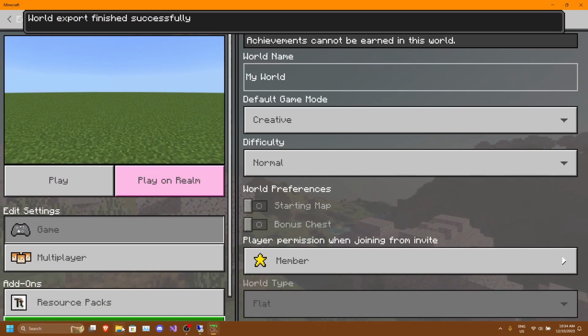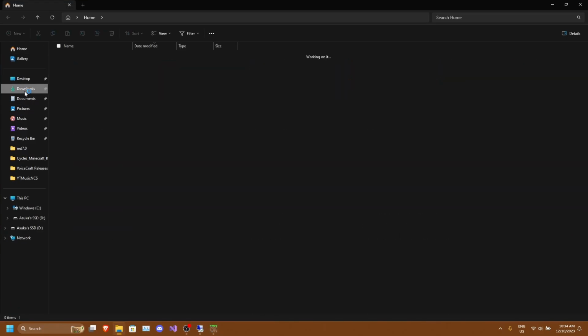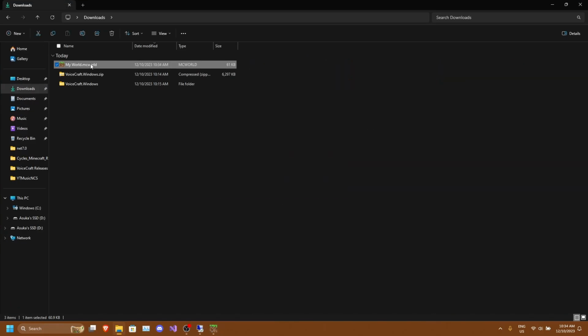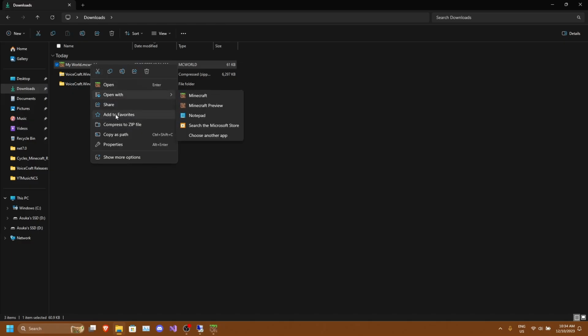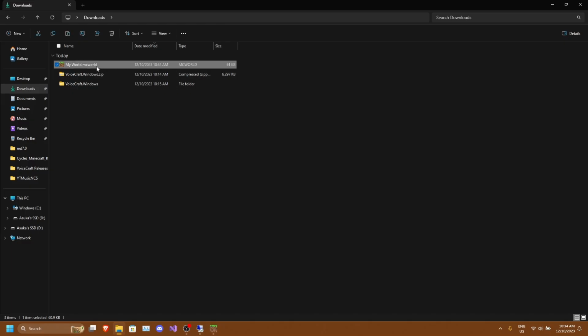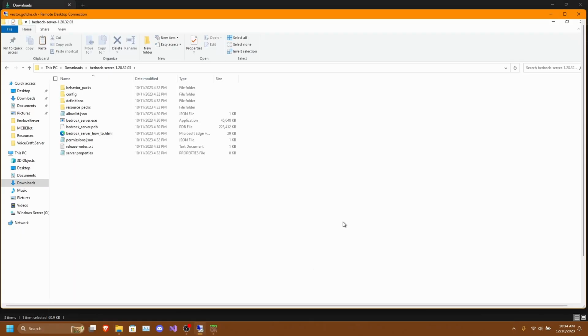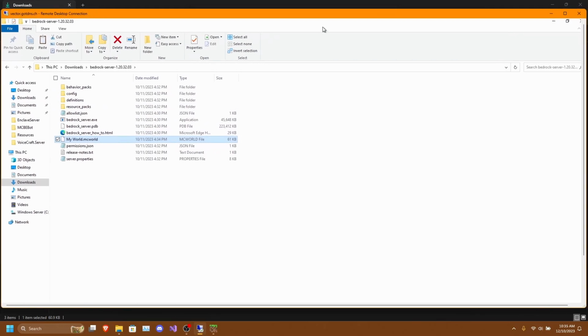Then once we've exported the world, navigate to your exported world, then copy your exported world, and then paste it into the server, which is pretty much uploading a world, but in the Windows Server RDP we just need to copy and paste into the server.